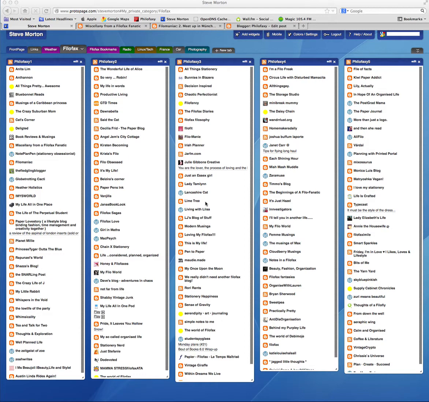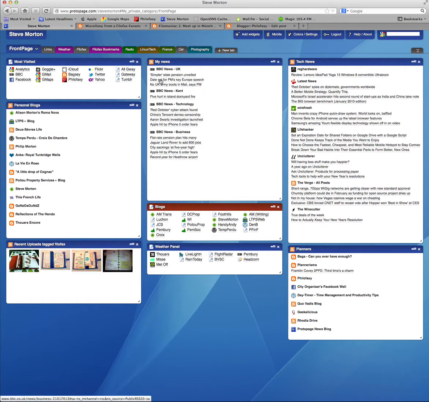So here we are. This is a quick tutorial on using Protopage to gather lots of blog posts, and this is what I use basically to put together the Webfinds posts on Philofaxy. I use Protopage as a sort of general thing for storing all my bookmarks and blog feeds, a variety of things, so there's some standard blogs, different weather reports and all that type of thing,